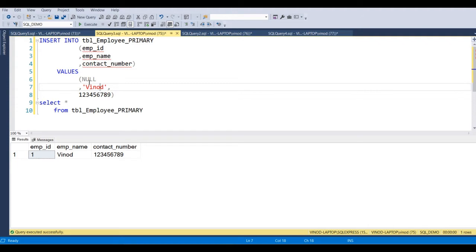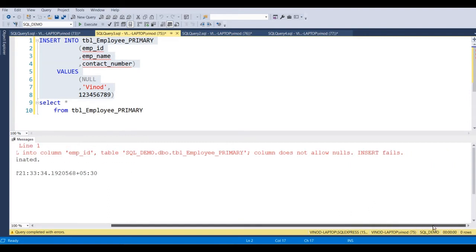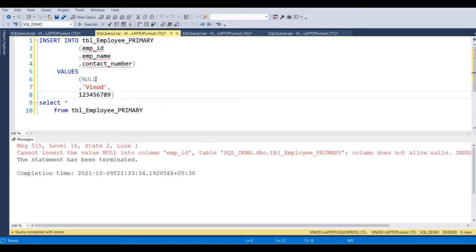It should not work because it's a not null column. As you can see, cannot insert the value null into the column employee ID. Column does not allow null. So the insert fails. Basically we have to give a not null value.